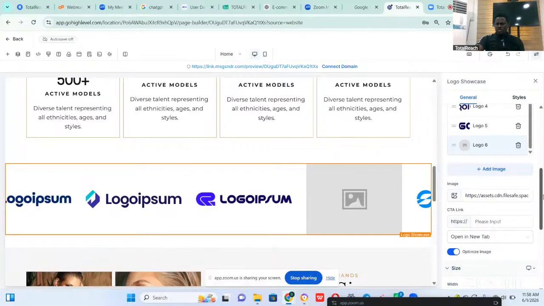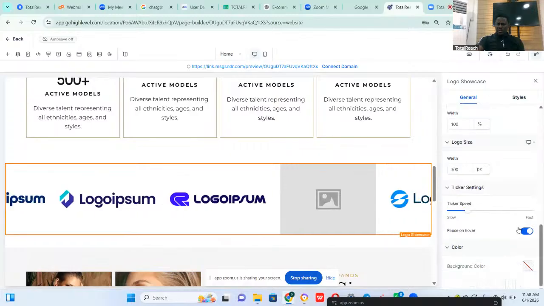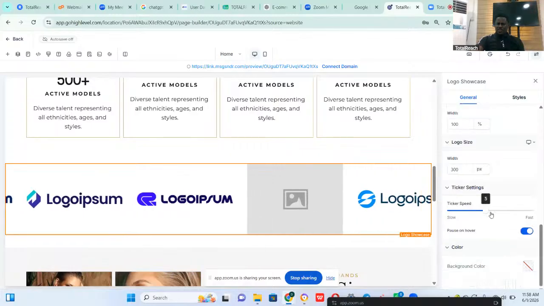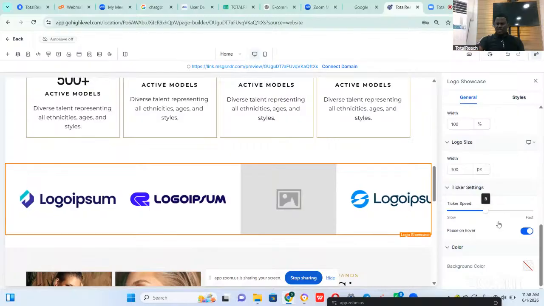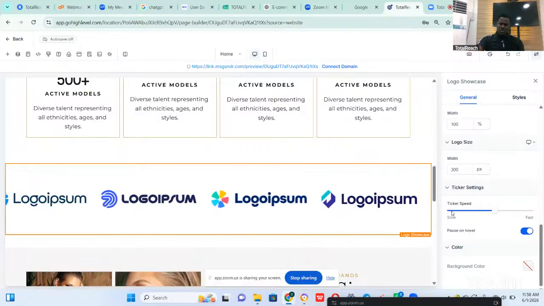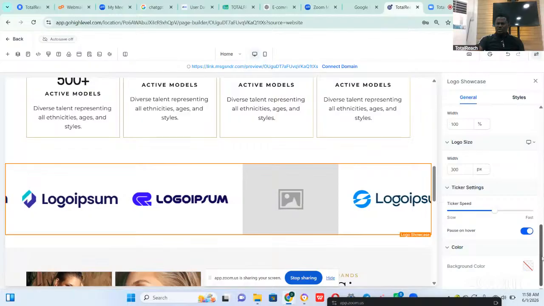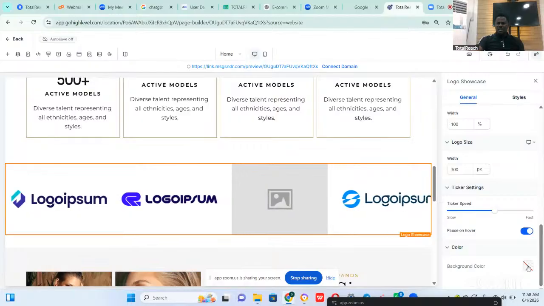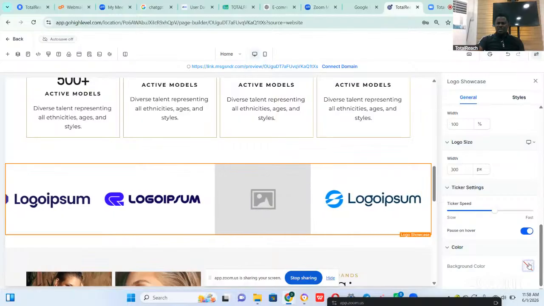If you want it to be faster, you slide it like this. You can make it faster. If you want to make it slower, you can bring it slower. So that is that. If you want to change the background color, it depends on what you want to change, the color of your